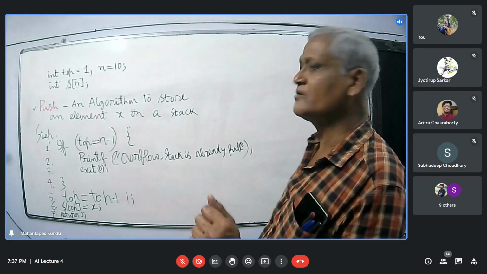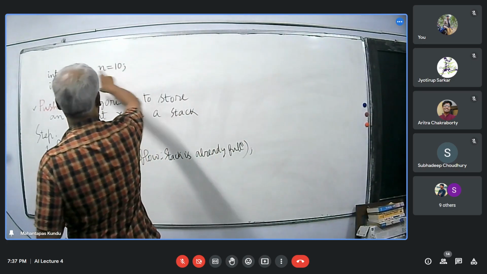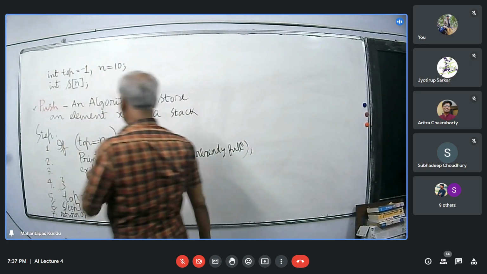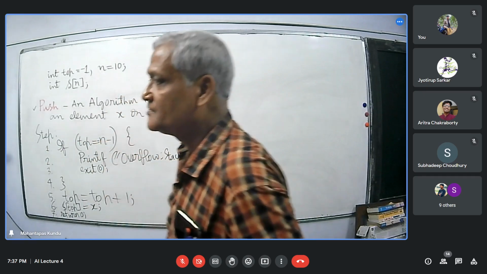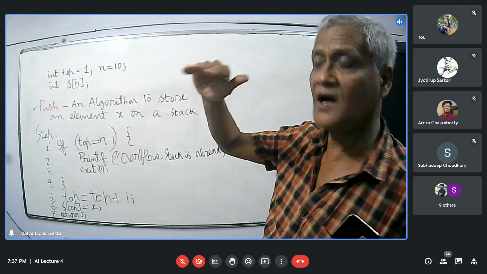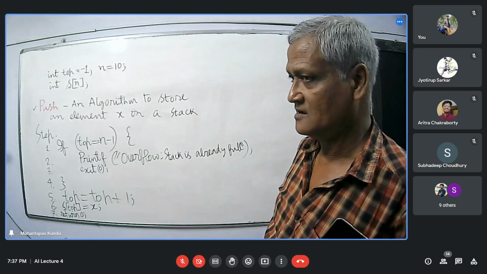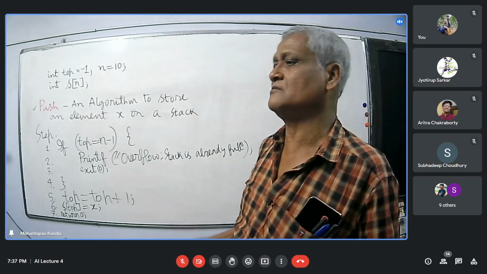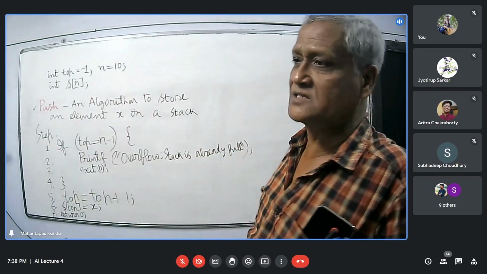And how you can know that? Because here the stack size is assumed to be n. And if you find that top equals n minus 1, it means all the elements of the stack have already been occupied. So you cannot push any element anymore on that stack.